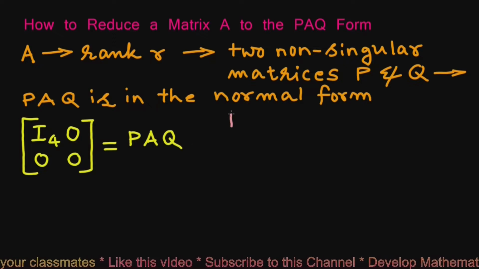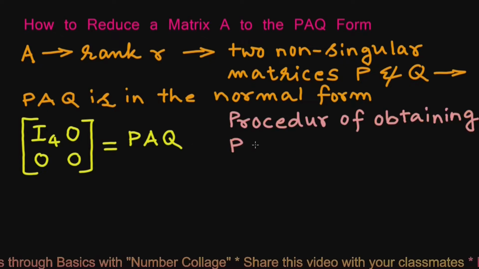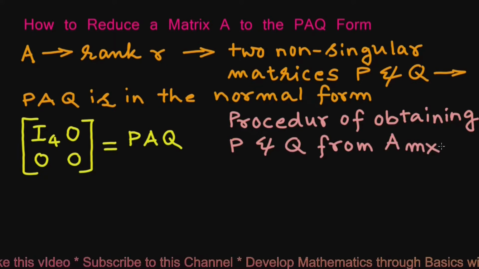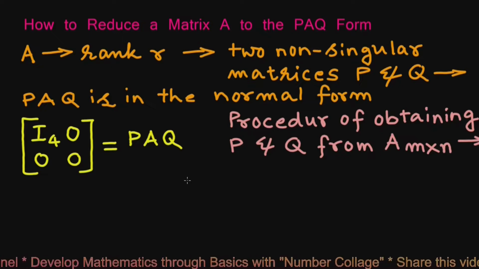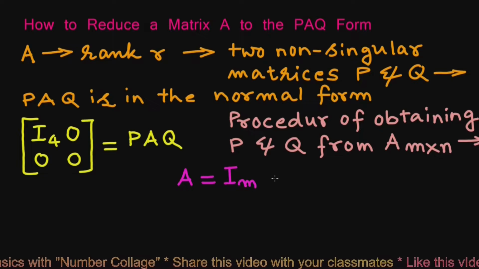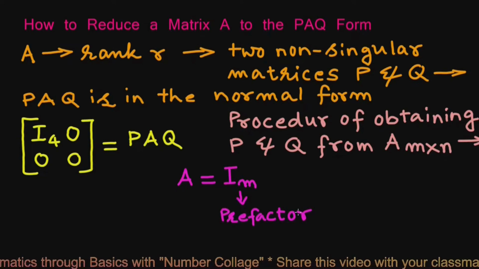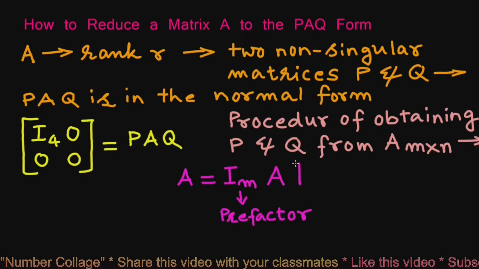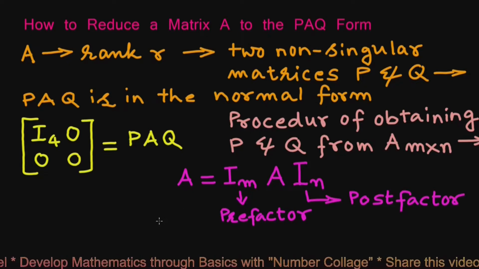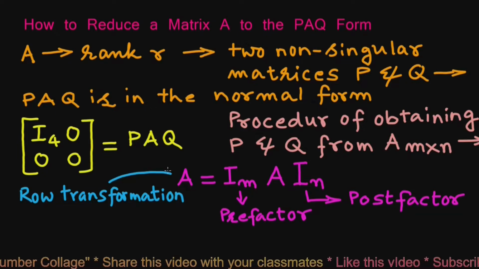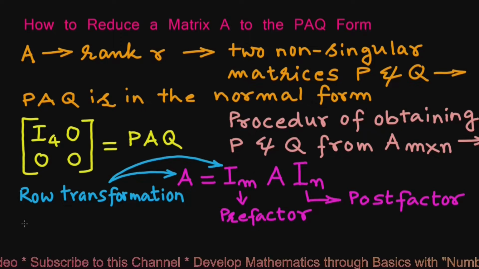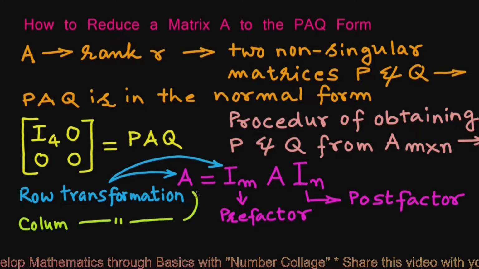Now the procedure of obtaining P and Q from matrix A of order m by n is we first write A equals unit matrix of order m as a prefactor of matrix A and In as its postfactor. Then we perform row transformation on A and the same on unit matrix Im, and/or column transformation on A